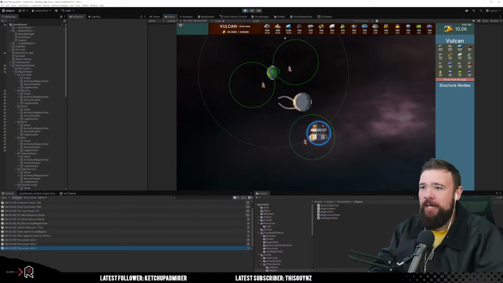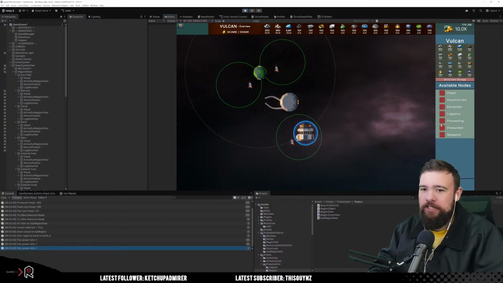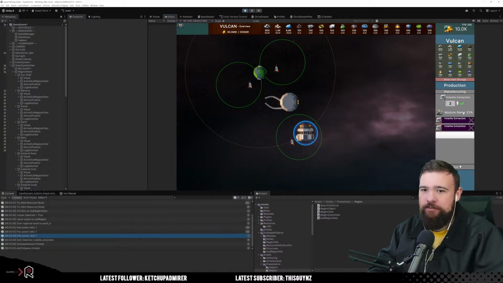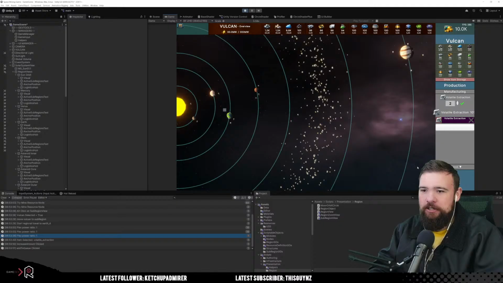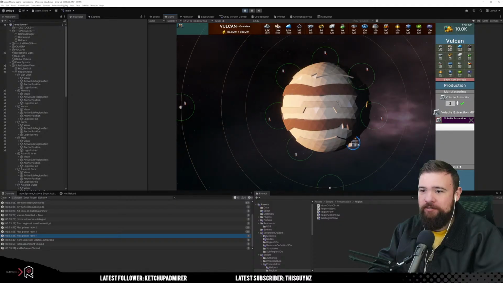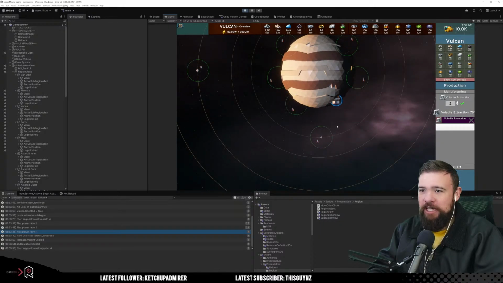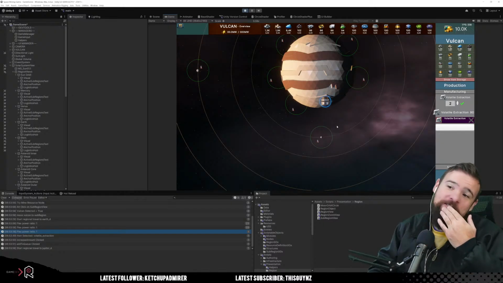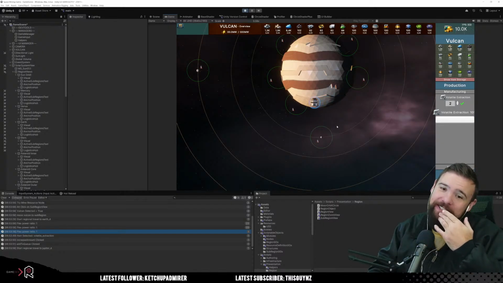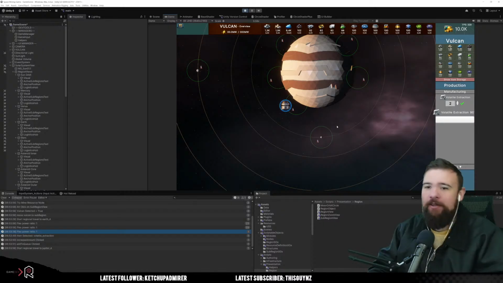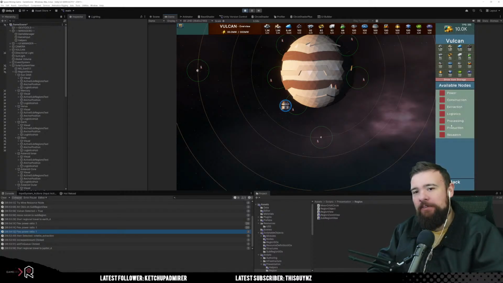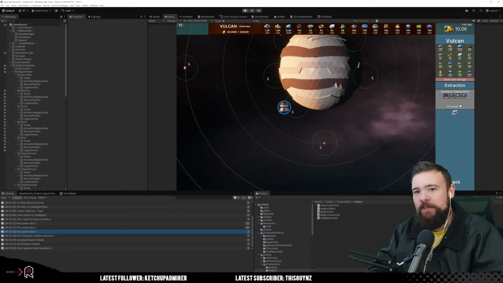Hey, look at that. I'm mining resources. Can I go... Oh, you know what? I can actually now do this. I can add volatile extractions. Right. I should be able to go to Jupiter because I'm a cheater. And then I should be able to fly to Jupiter orbit. Very slowly, but I can. Park there. And if I go to extraction now,